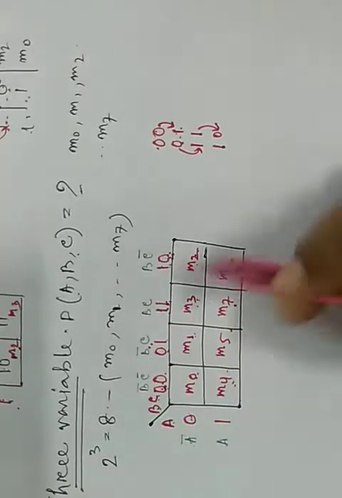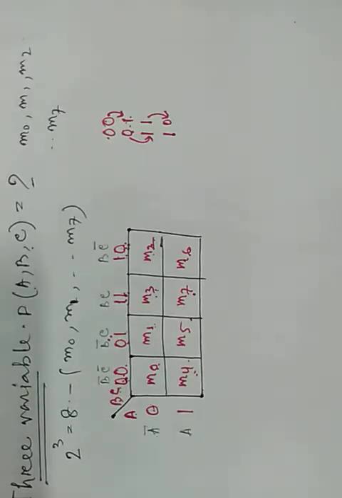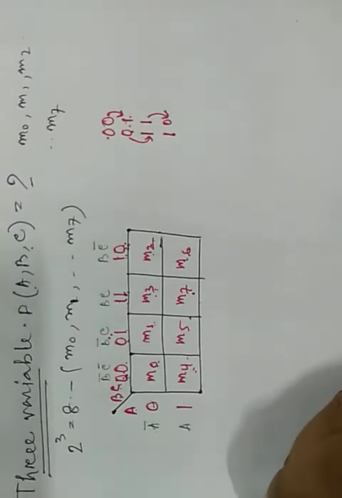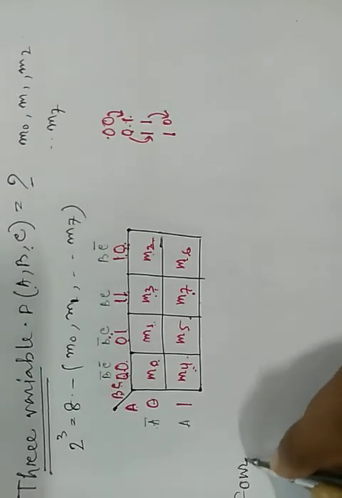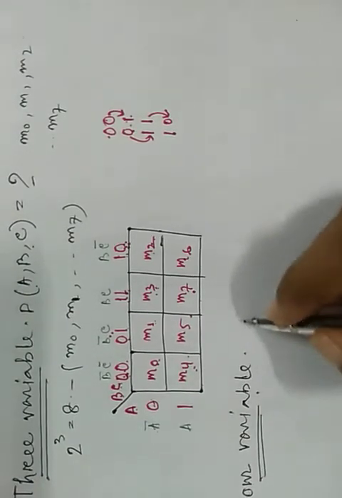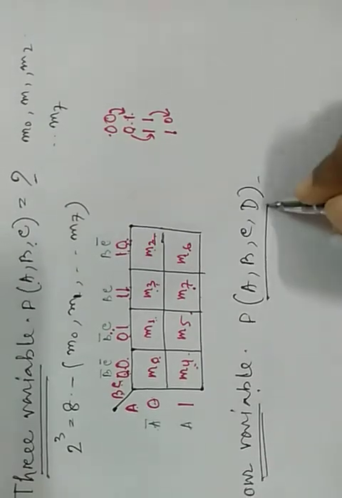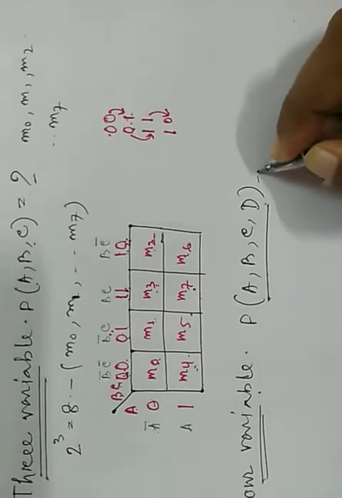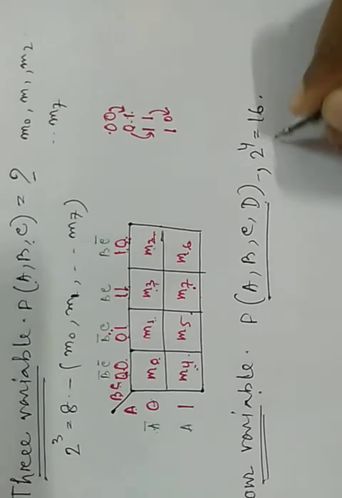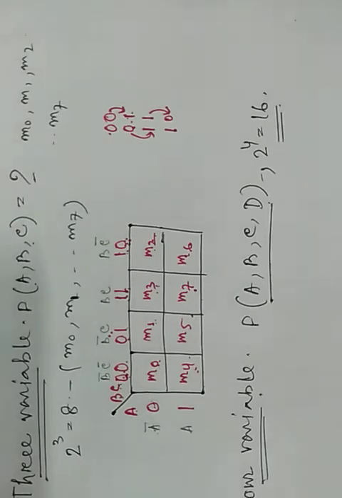Okay, this is the Karnaugh map table for 3 variables. I am explaining how to simplify next, later. At first you have to learn this, and for our 4 variables, it means here is a combination of A, B, C, D. How many combinations are there for 4 variables? 2 to the power 4, that means 16 combinations. Okay, for 4 variables there are 16 combinations.